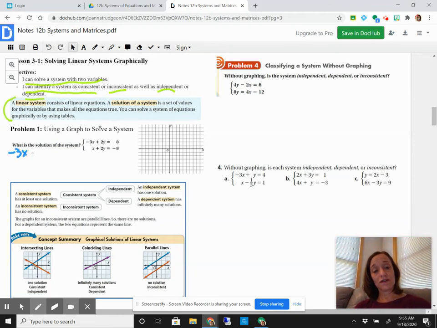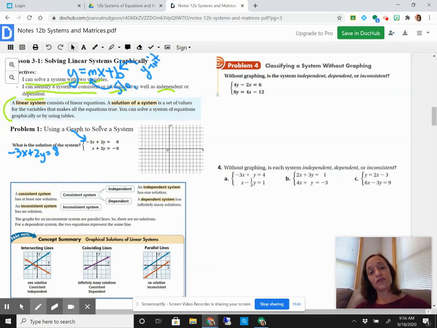Okay, so I'm going to take this equation here, negative 3x plus 2y equals 8. When I try to solve this graphically, I typically try to get them in y equals mx plus b form. There are other ways to do it. There's a way where you find the x-intercept and the y-intercept, but I feel like this is the tried and true way to do it, is just always get things into y equals mx plus b form, because if you get into y equals mx plus b form, then you'll know the y-intercept, that's b, and you'll also know the slope,